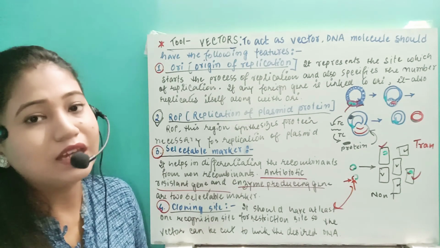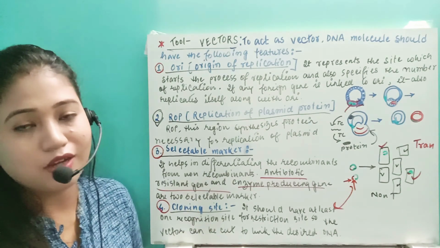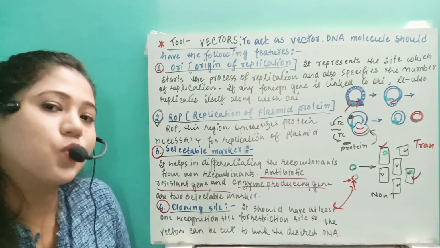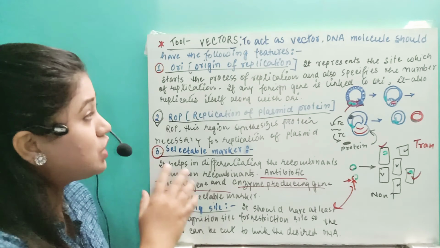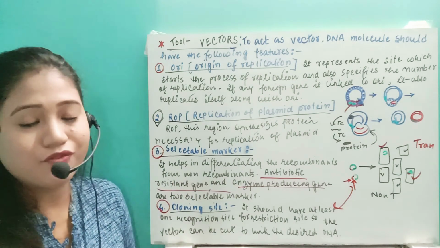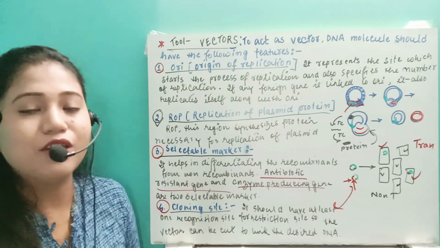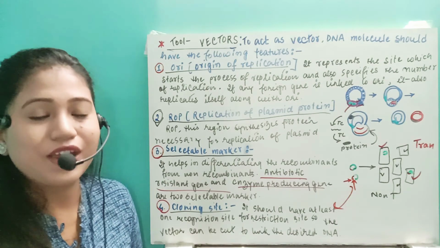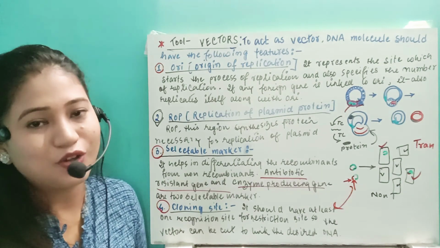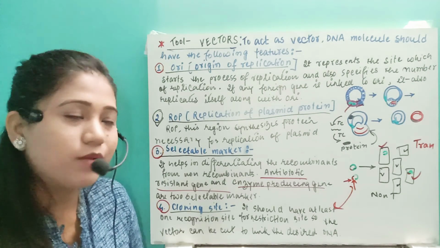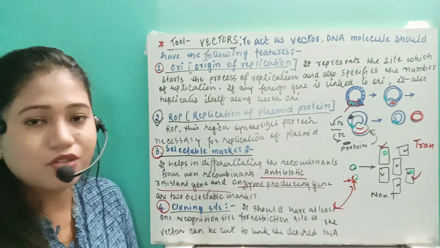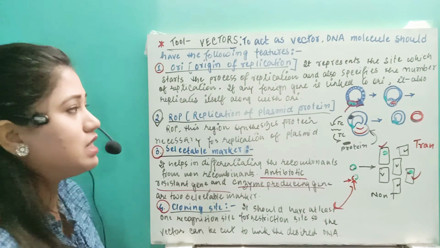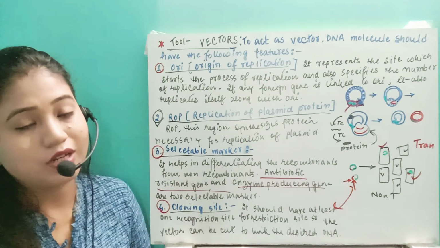And obviously the vector needs to have that specific region where we can put our gene fragment into the vector so that the vector can multiply. So each one of these four has to be present in the vector, then only will a vector be a vector. That means then only the vector can be considered a good vector. So that's all about the characteristics of this vector. In the next video we will see in detail all of them.